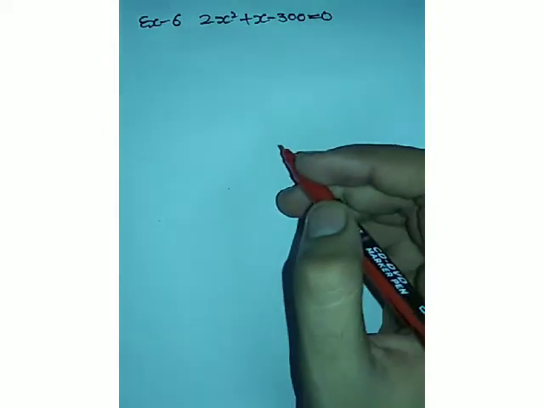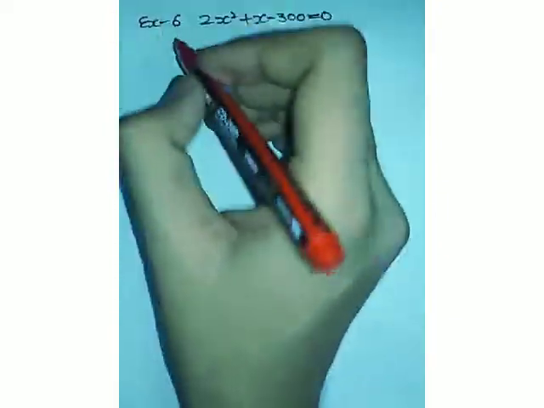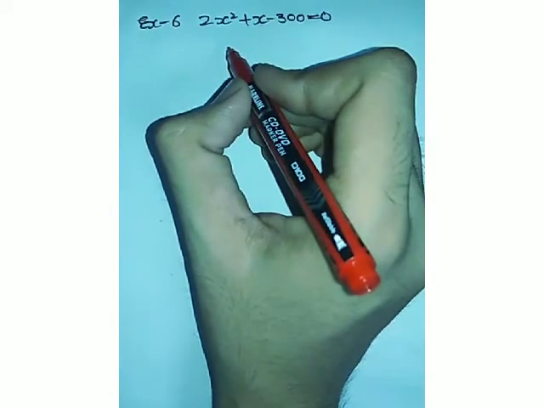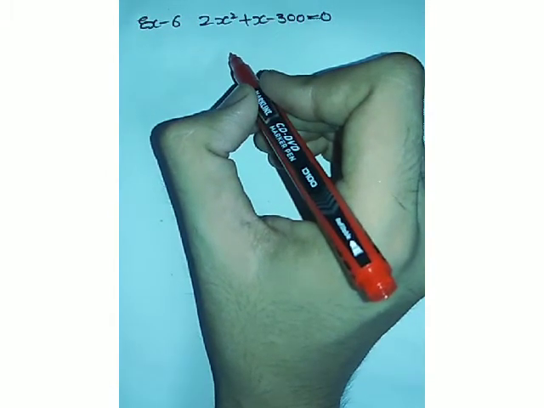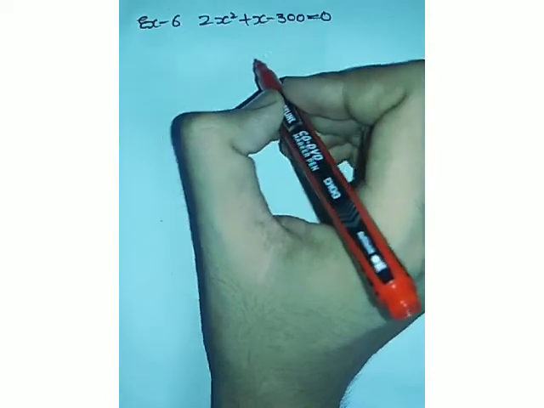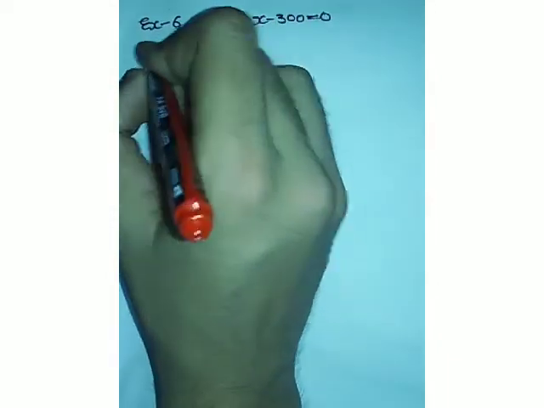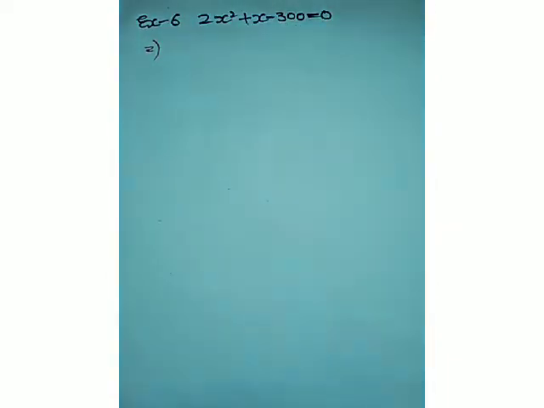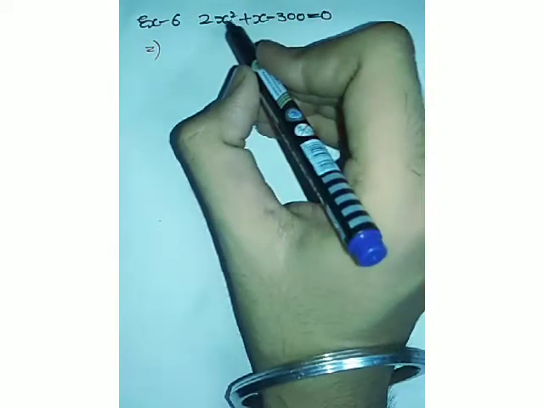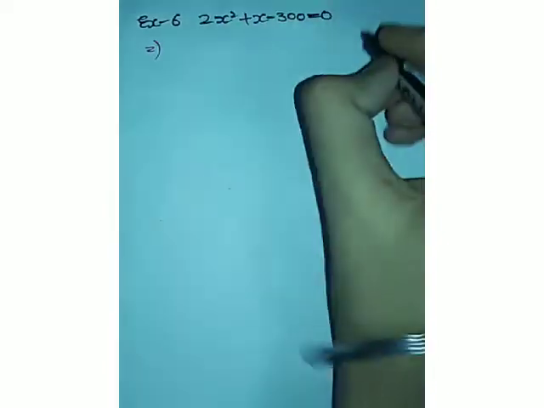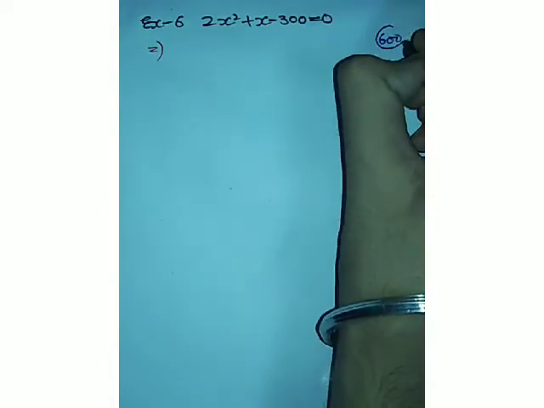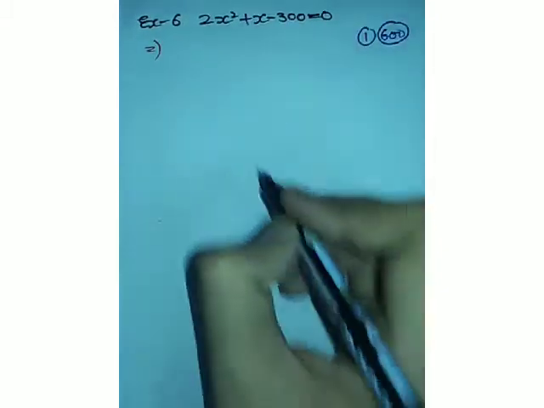This is our last example of this exercise, and in this example, in your book it's written: find the dimensions of the prayer hall discussed in section 4.1. Now in section 4.1 the equation which is coming out is only this, all right? So we have to find the factors of this equation indirectly. Now here again the coefficient of x square is not 1, that is 2. It means you have to find two numbers, the product of whom should be 600, and by adding or subtracting them you have to get 1, right?